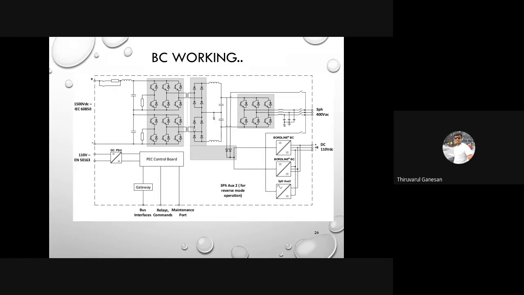It will vary based on the application, the voltage level, and the converter which we choose. For example, in all the Alstom product lines, the DC link capacitor may not be the same. So based on this charging circuit, we will design this. We have a dedicated tool, and even some calculation sheets, to calculate this inductor.